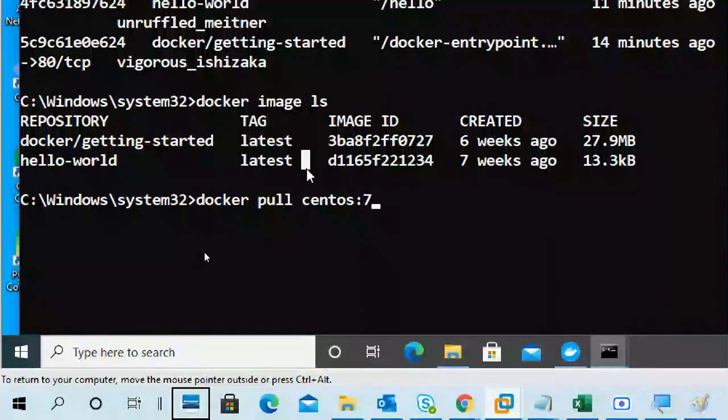Just another example I will tell with CentOS to avoid the confusion. Guys, this is a Windows operating system. What I'm using as the base system is Windows using WSL, so the Linux container happens in between. Here I'm downloading the image of a certain operating system like CentOS, Ubuntu. CentOS 7, I am downloading an image, that's it. I'm just downloading the image.